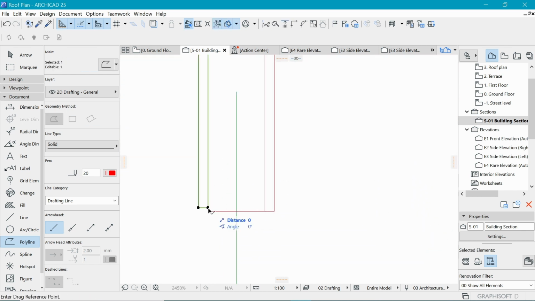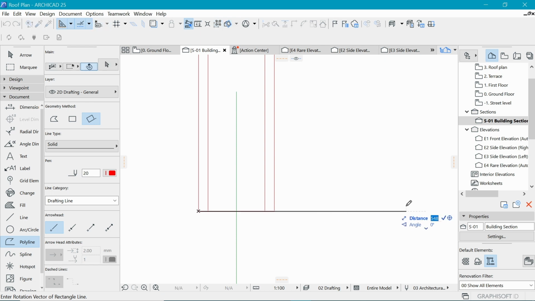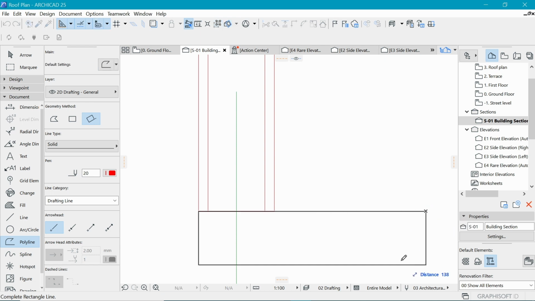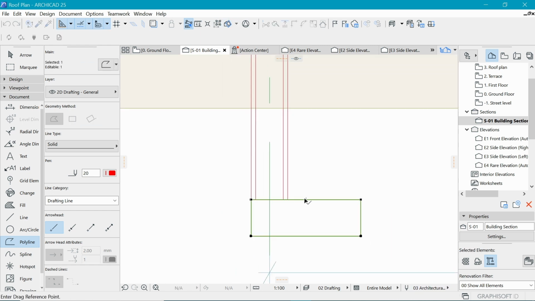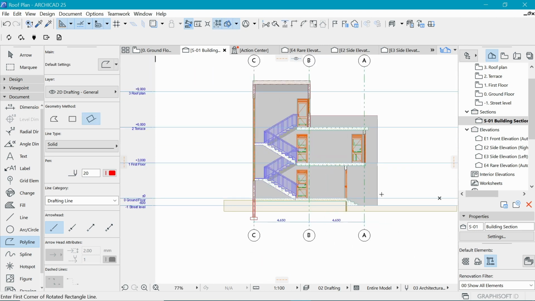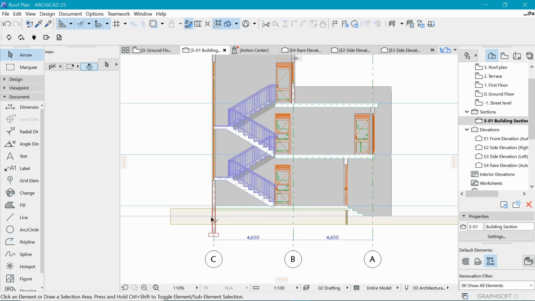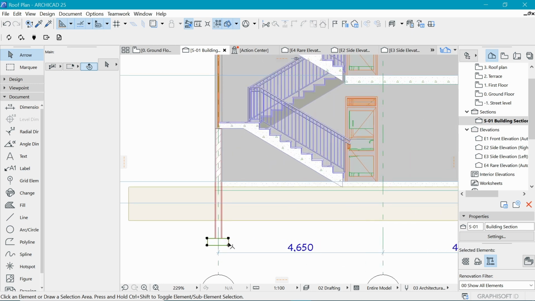Okay, let's create a footing of like 600, twice the size, and 3 times the wall thickness, which is 600, and it will be like 200 deep as well. So we have this footing somewhere here. All right, so that is what that footing should look like. So let's copy this